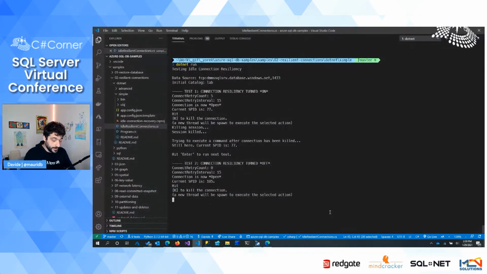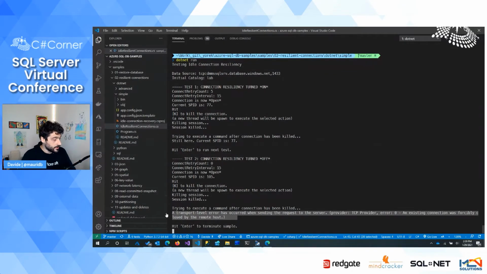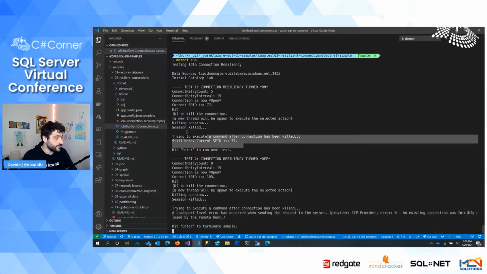And now if I kill this, as you can see, the second time, an error is surfaced because I'm not really managing anything here. I'm not doing a try-catch block. I'm not managing the exception in any other way. So here I'm just simply doing, the worst of the worst, I would say. So no exception management at all. But even in that case, idle connection resiliency basically saves the day, because even in the worst case, the end user